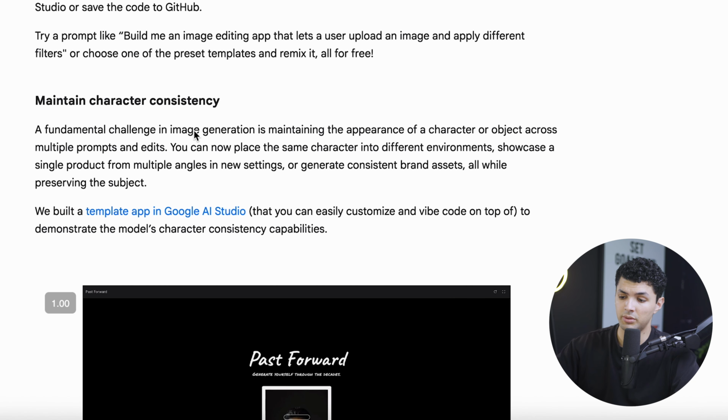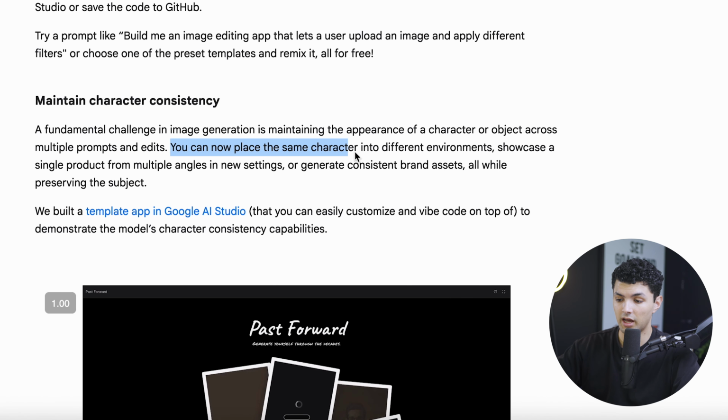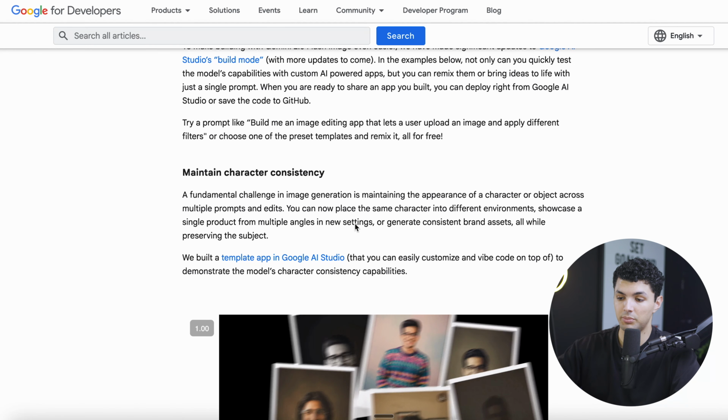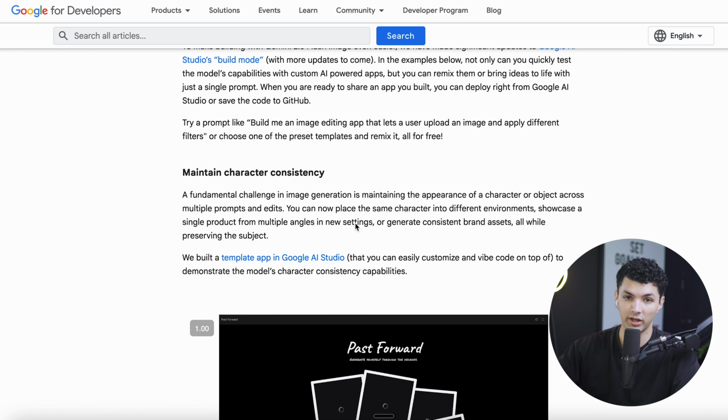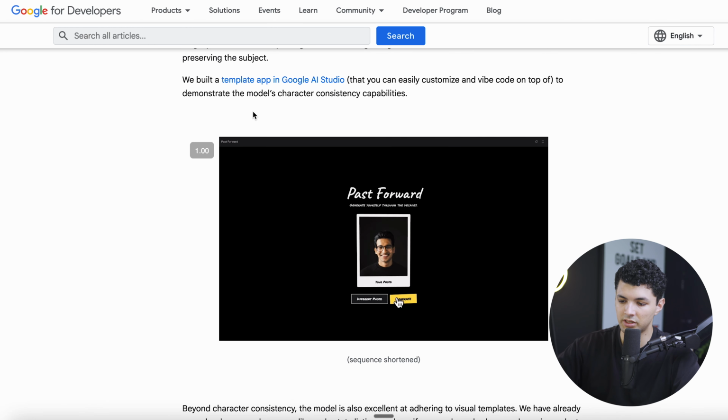And basically they're claiming that Nano Banana is really good at maintaining the same character in different environments, showcasing a single product from multiple angles in a new setting. So if you upload a picture of a phone like this, for example, you can have an ad for it from multiple angles. Now, this is one of the apps that they made for showcasing the model,